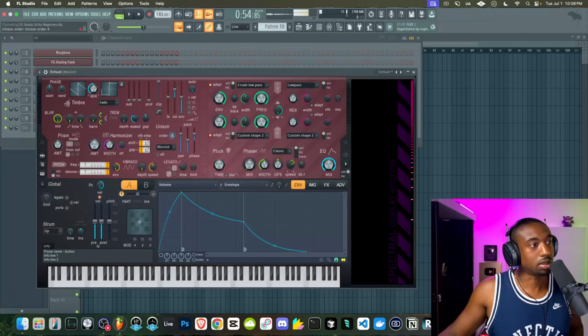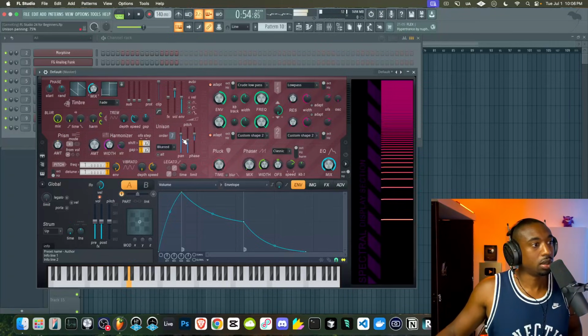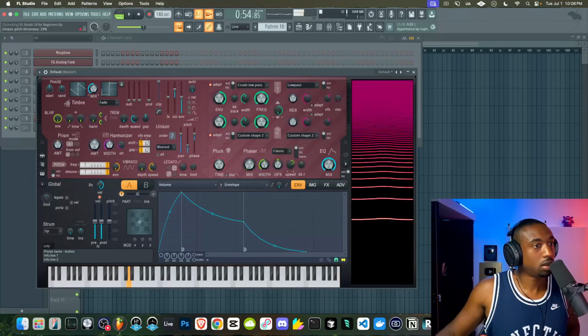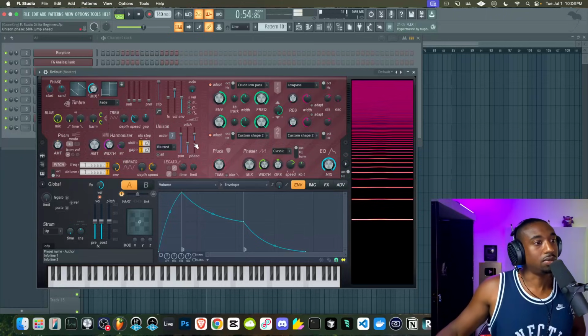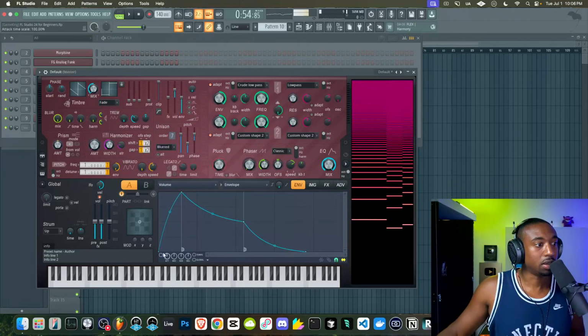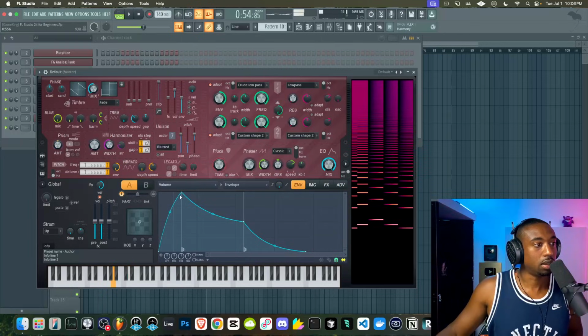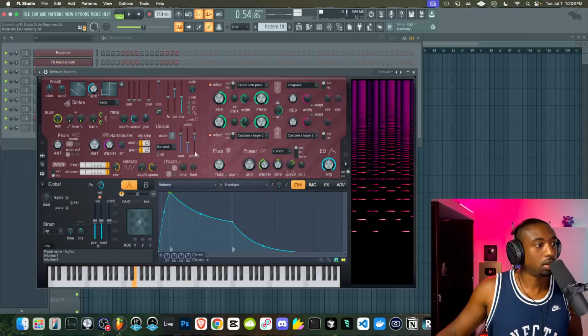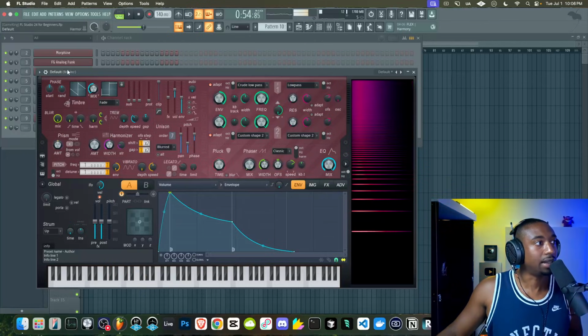Just turn up where it says unison order to about 7. It creates what's called a super saw, and then mess with the pitch knob. I like mine to sound kind of metallic by pulling this in. Let's add a volume envelope here. Let's turn this on. And now I can add this over top of the track.